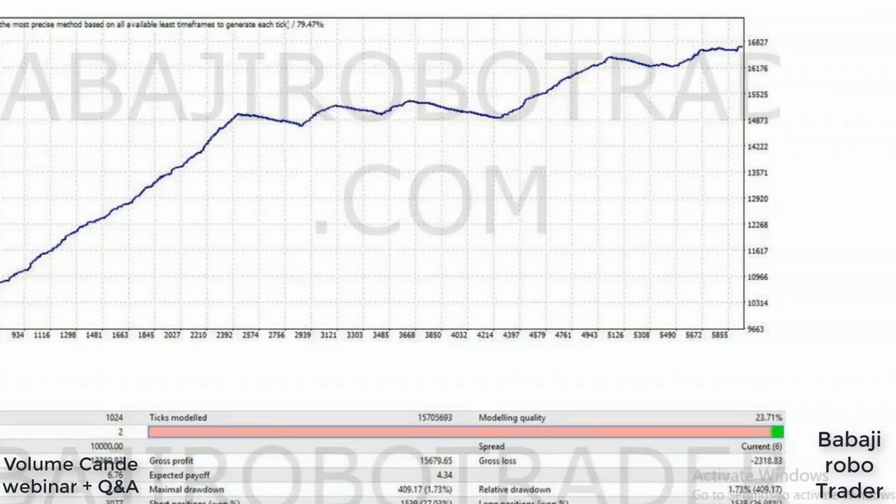This robo is a fully automatic robo. Once in the morning you start the robo, the full day's trades will be done automatically by the robo. Here we have the strategy in the MT4. Through the MT4 strategy, the trade will be taken by the robo automatically. This cost of 20,000 rupees for 1 year covers your full data feed, strategy, and the robo.